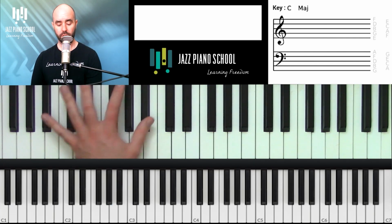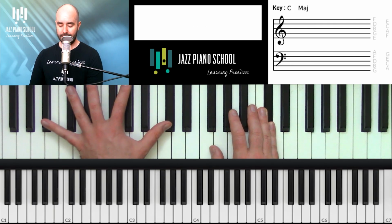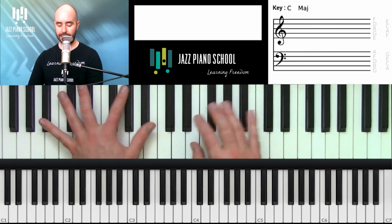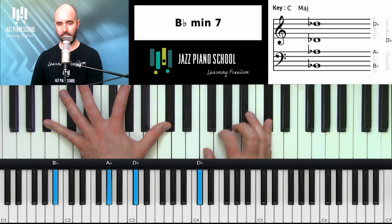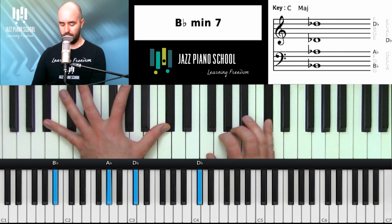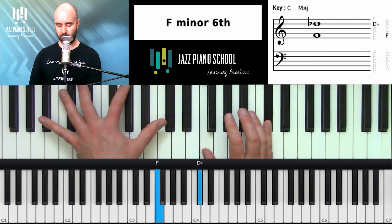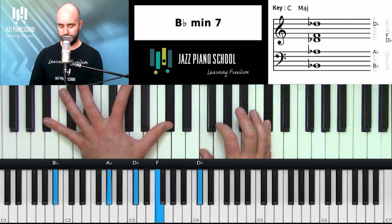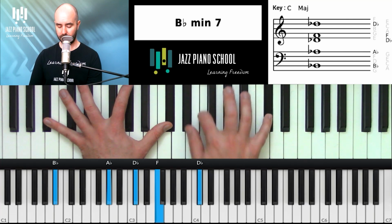Again, you can roll this or just jump up to the shells quickly. Now I have all 4 fingers to add notes here below my melody note. So I can add these in here however I want. On this B flat minor 7, I'm going to add the 9, excuse me, the 5. Maybe I won't go for the 13 again. Why don't I do, actually I'll just go